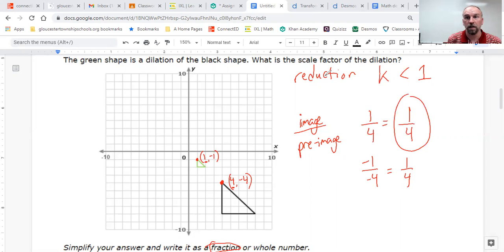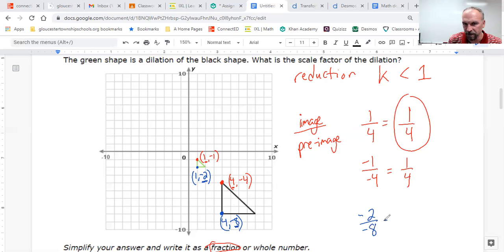Just want to show you that every point works. What if I decided to use this point instead? And the point here is 4, -8. And the corresponding point here is 1, -2. Okay. Well, I can do 1 divided by 4 for the x coordinates. I've already done that. What if I decide to do the y coordinates? I just want to show you that you're making it harder this way, but it still gets you the same answer. If I do the y coordinates of -2 over -8,